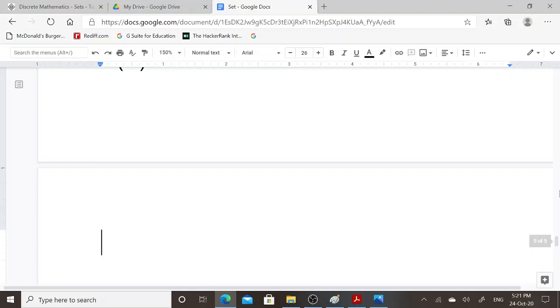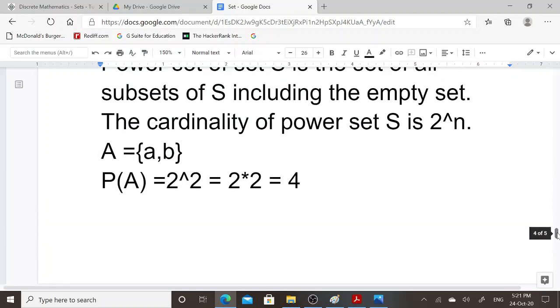In this way we can create a total of 4 subsets from this set A. And what are these 4 subsets of set A?